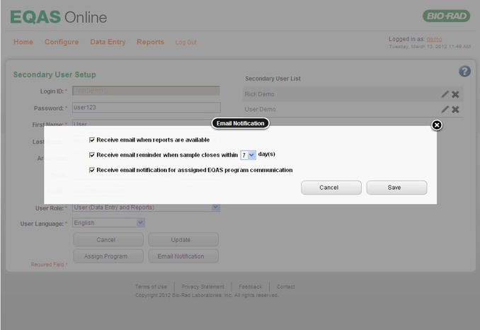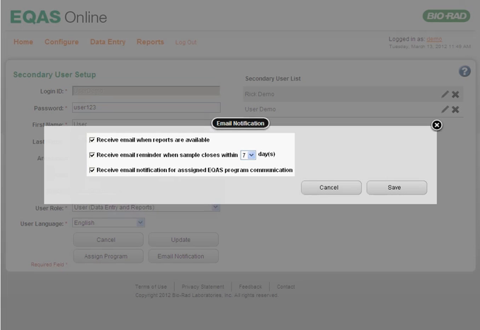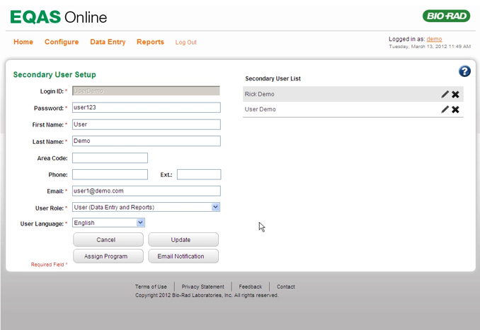In the Email Notification dialog box that appears, clear the appropriate checkbox. You can also change the number of days in the Receive Email Reminder when sample closes within X days list. Finally, click the Save button. Click the Update button to save the changes made.